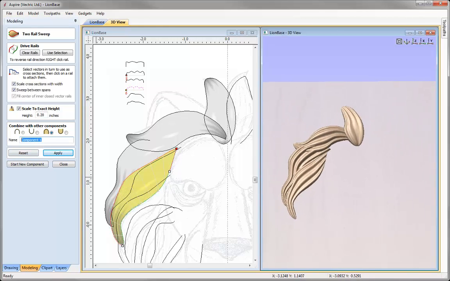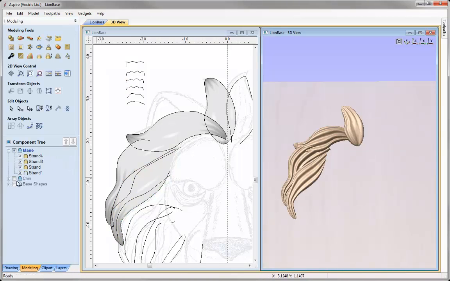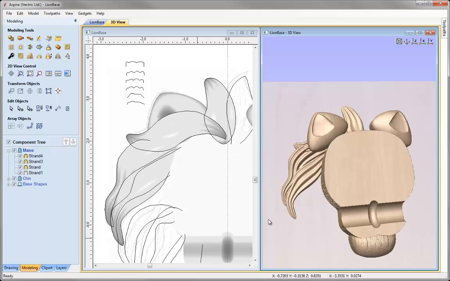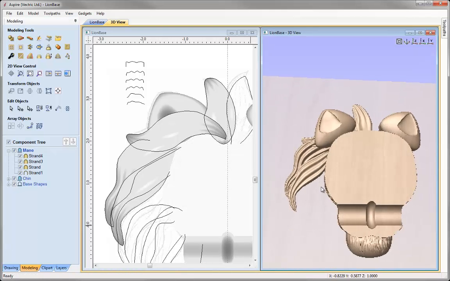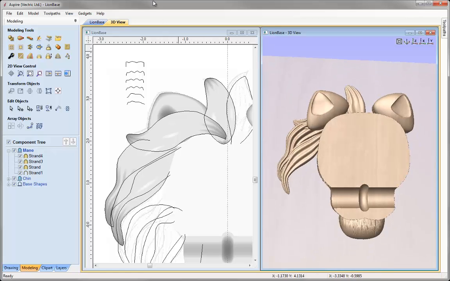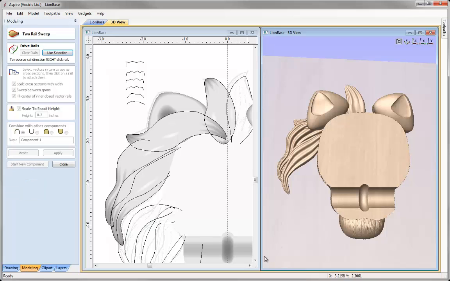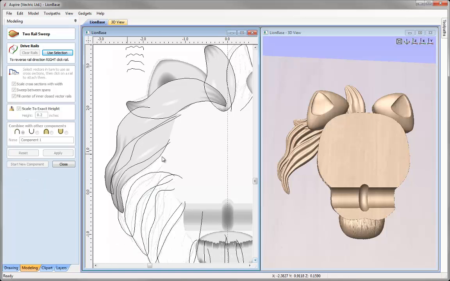We'll call that one strand 4. Apply that. I'm just going to close the form down for the time being, as I'd like to see how this looks so far with our other shapes. Okay, so you can see it is blending in there, so I'm happy with that. So let's just go back into the 2-rail sweep form. So I'll go up there, and then I'm just going to scroll down here so we can select our next set of vectors. So take this one here, shift and select this vector here,